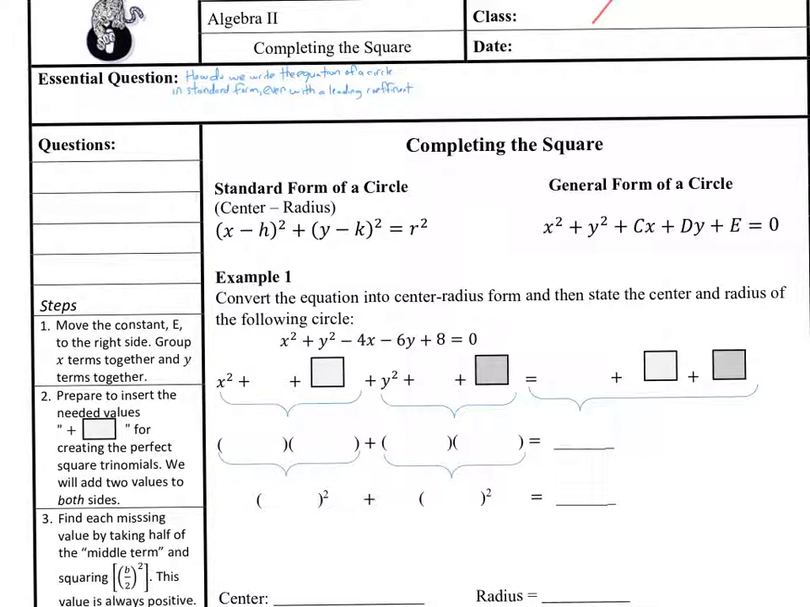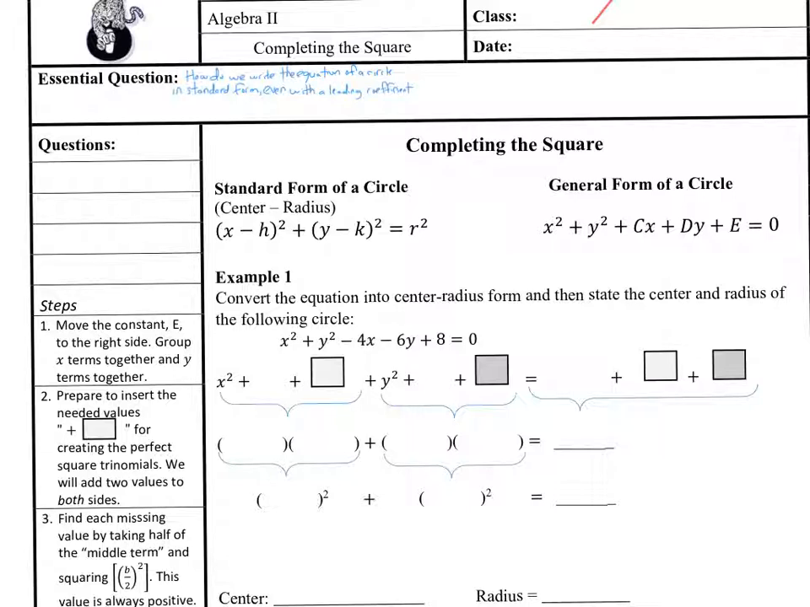Should be fairly straightforward. So the idea, and you've seen this before, is to get it in center radius form, starting with the general form. So we first have to group our x's together, and move the constant to the right hand side. We also want to group the y's together. So at first we rewrite it